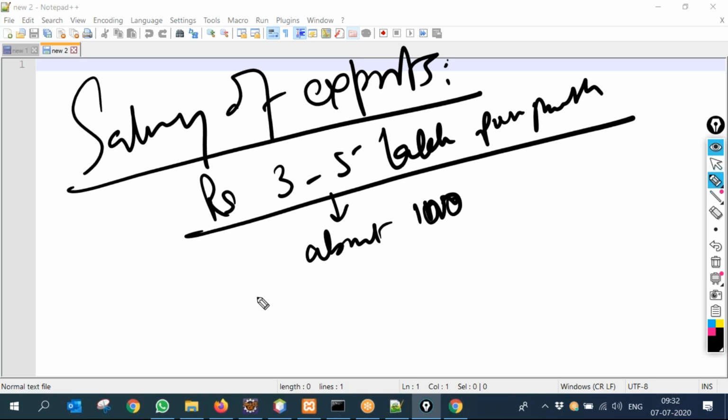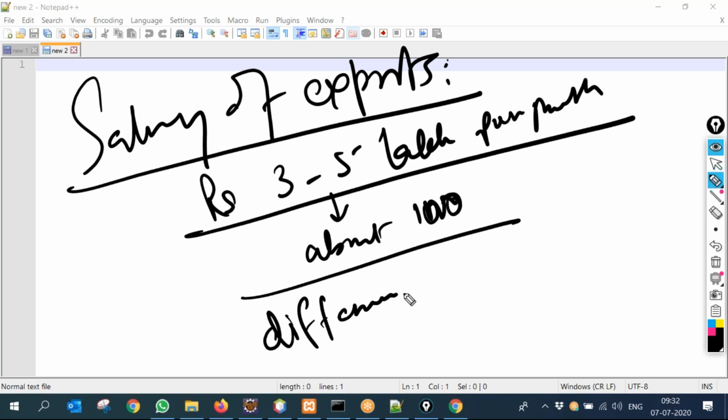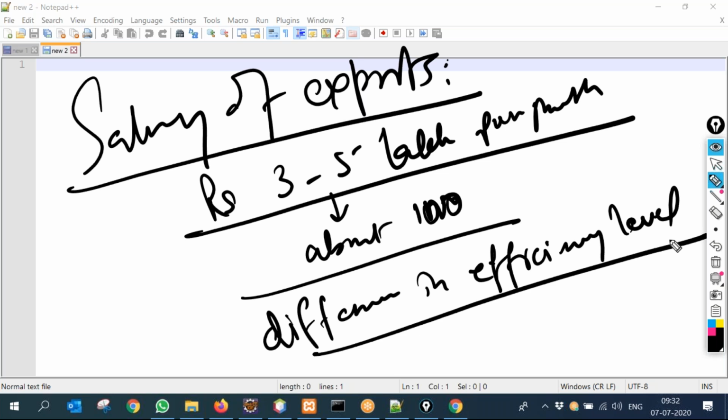We have already shown them the difference in efficiency level. We call it efficiency level. Our target is, in the next 2 years, can we reduce to 10?